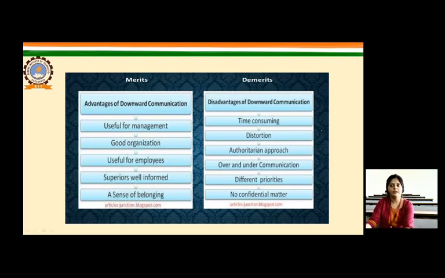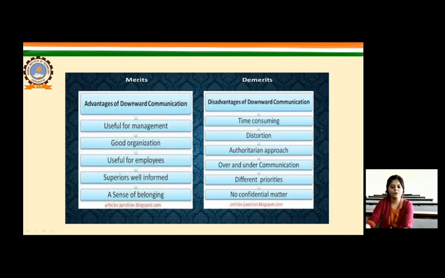See, in upward communication, things are being propagated from the bottom to the top, but in downward communication, things are coming from the top of the organization. And as you know, the top management is the final decision maker. So if the top management is telling you something, that information is final, is confirmed, and is the final call. So you don't have any confusion regarding whether this information is 100% accurate or not, or whether there will be any changes to it or not. You know that this is how things have to be done, so you have ultimate clarity on it.